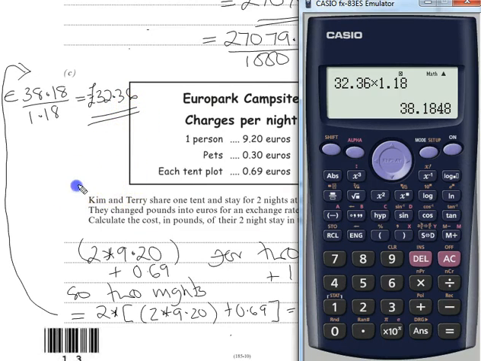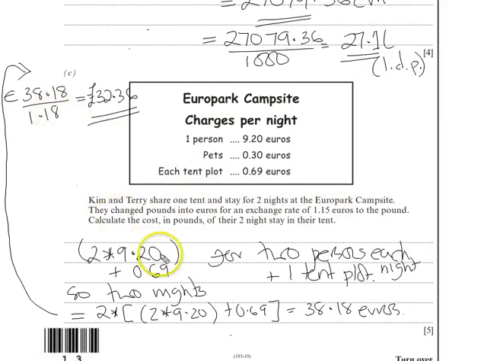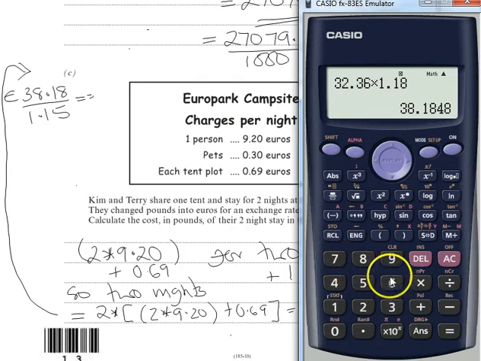But the only problem is, can you see the problem? I've done 1.18 here. So I've spotted it straight away in the question. So let's just quickly change it. It's not 1.18, is it? It's 1.15. So let me just change that then. That's a tiny little correction. I'm going to do it now. I'm not going to redo the whole thing. Let's just work that out then. So it's 38.18 divided by 1.15